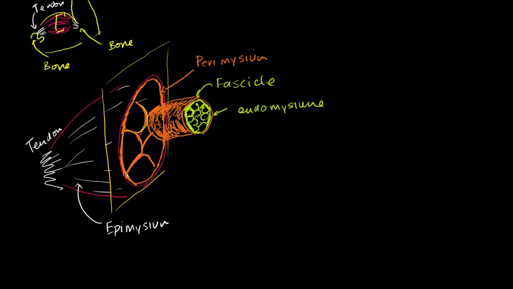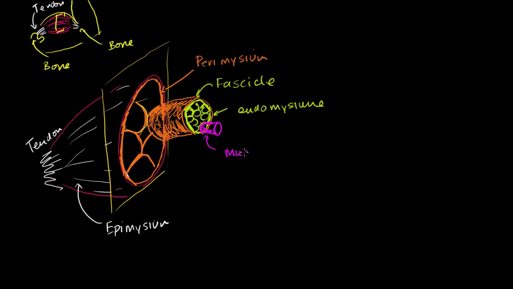And each of these things that are in the endomysium are an actual muscle cell. This is an actual muscle cell. So I'll do it in purple. So this thing right here, I can pull it out a little bit. Let me pull this thing out a little bit. Just like that. So if I pull this out, this is an actual